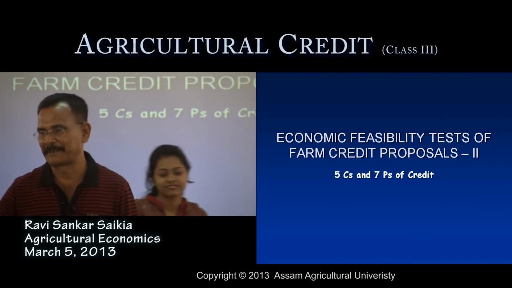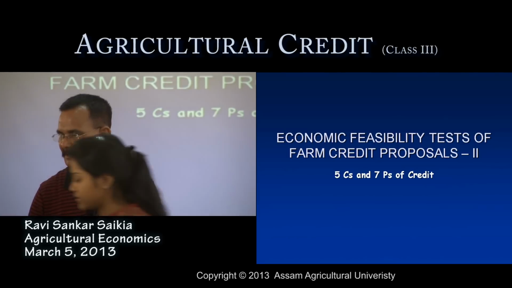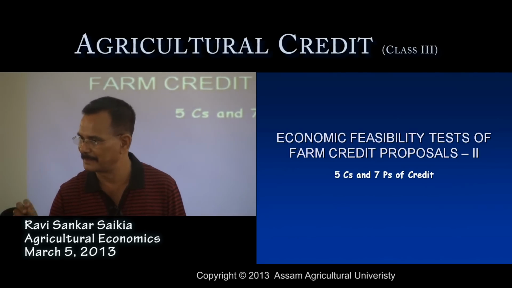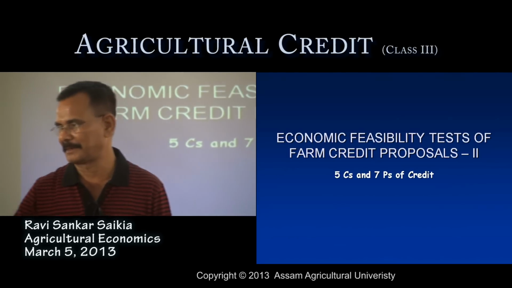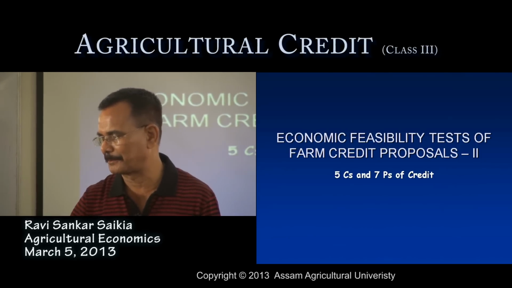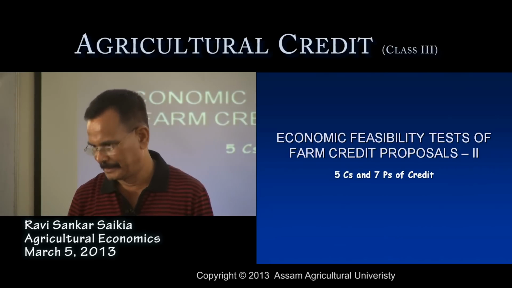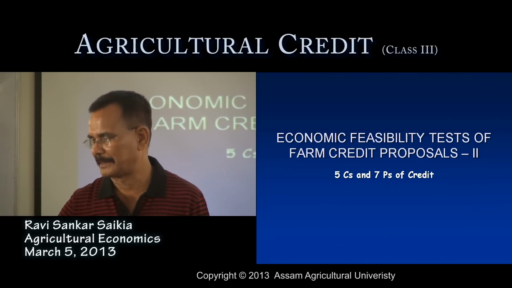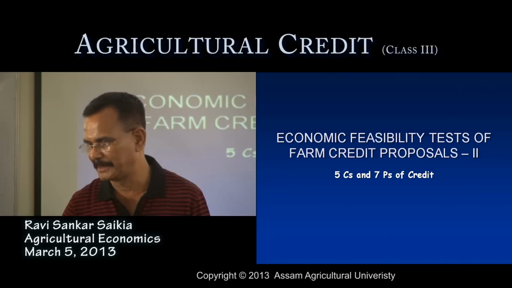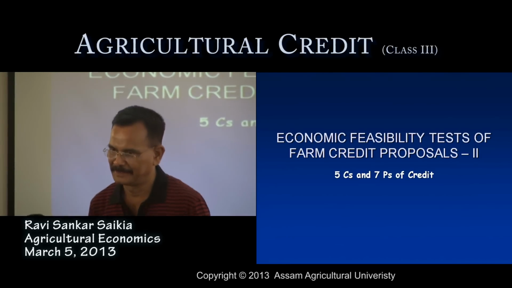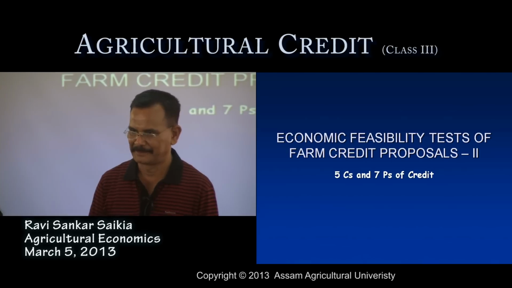Then the next objective is to go for the estimation of the repayment capacity of the borrower, is not it? Repayment capacity, I have given the calculation of repayment capacity, and there is only one difference in the estimation of repayment capacity regarding the classification of the credit. In one way we may go for the liquidating loan, and another one is the estimation for non-liquidating and partially liquidating loan, is not it?